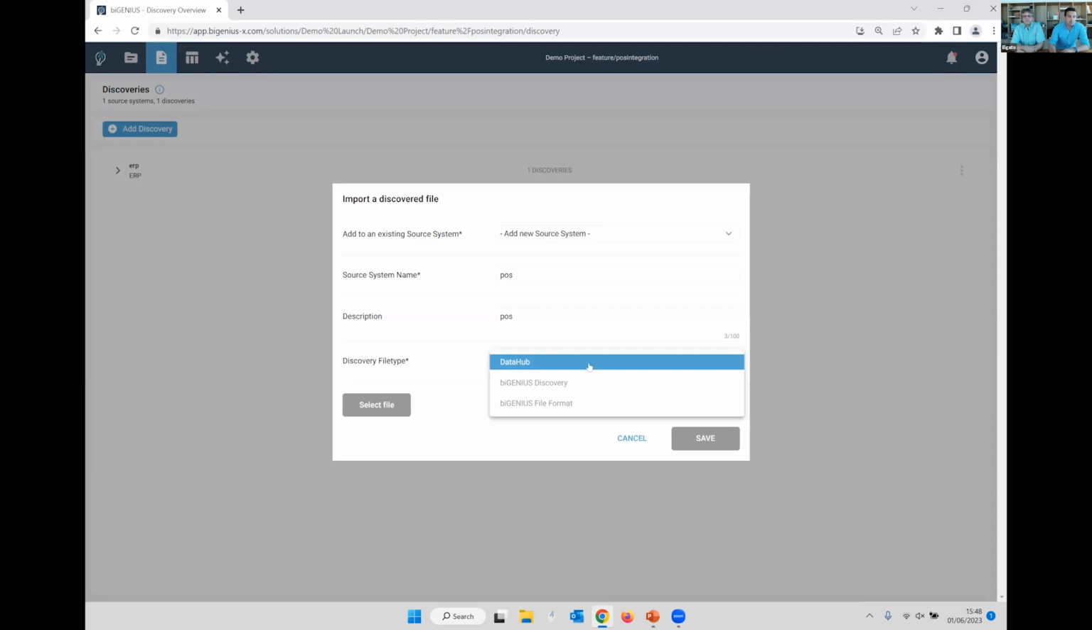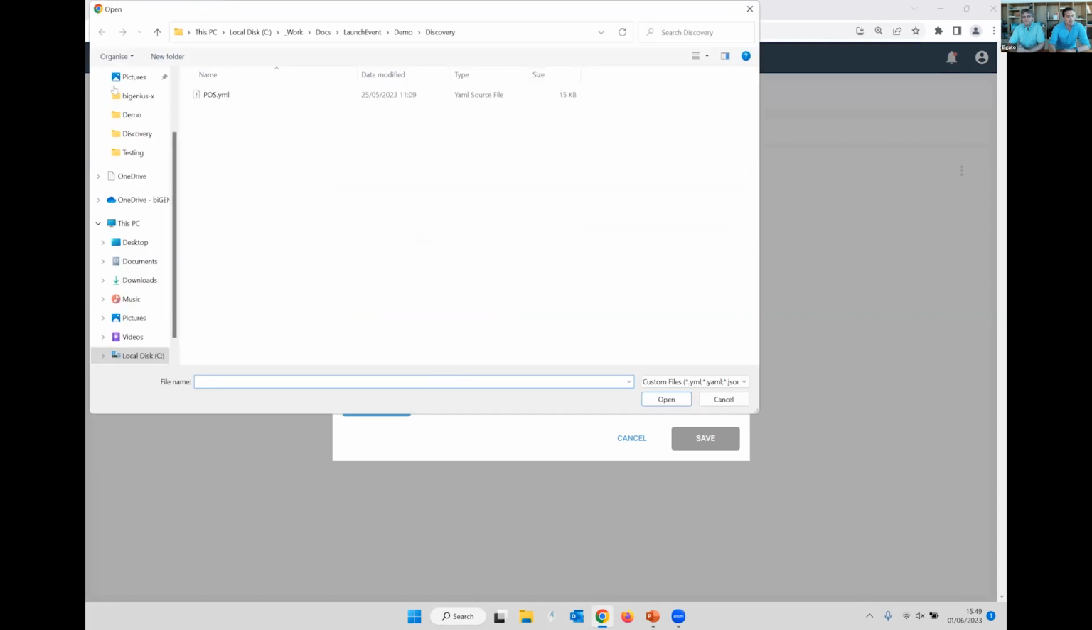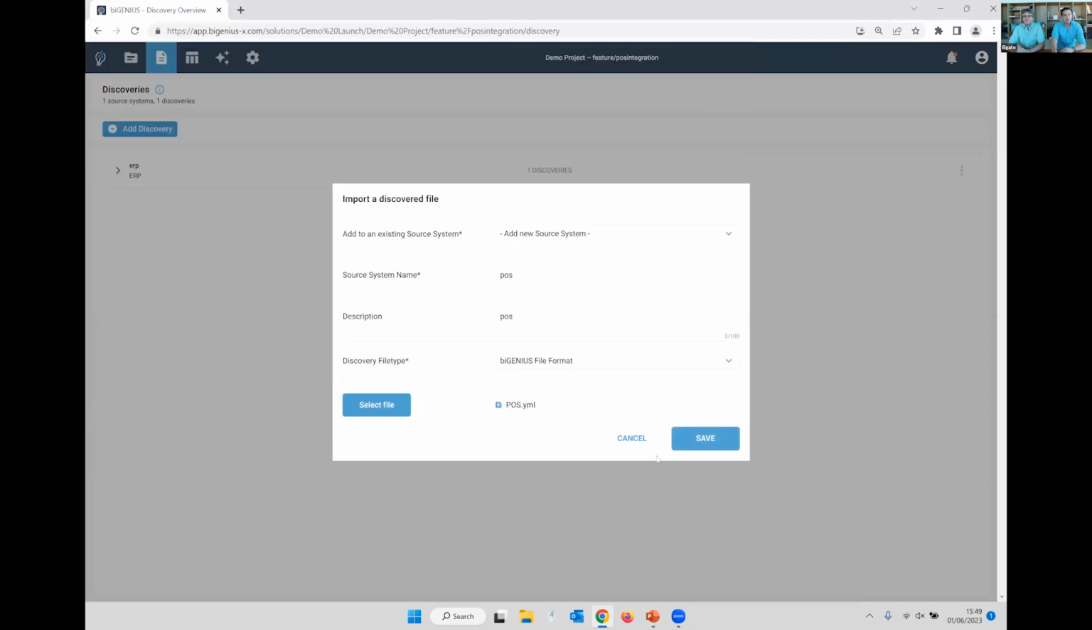I can upload the Data Hub file or a file which is created with the biGENIUS discovery app, or I can write it by hand with the biGENIUS file format. We recommend to use Data Hub or biGENIUS Discovery, but we also have the possibility to add it by hand. Normally, probably everyone will use the others, but for this demo, I will show it with the biGENIUS file format. Daniel sent me the biGENIUS file format before, it's a YAML file, I upload it,